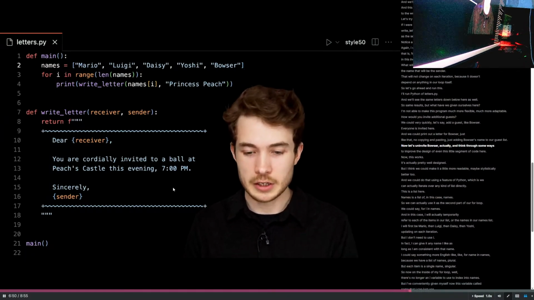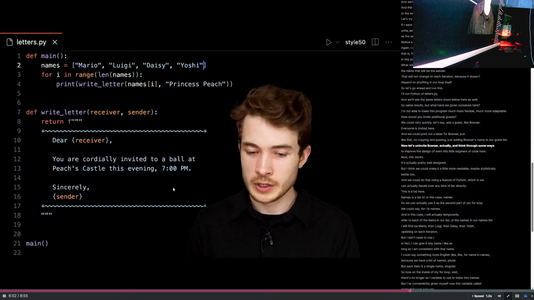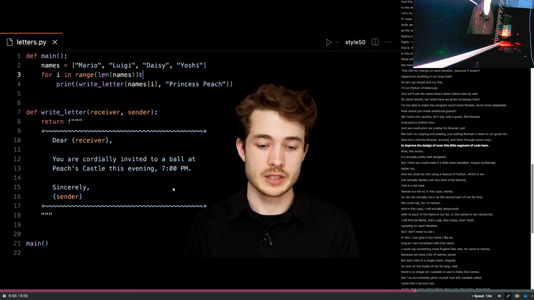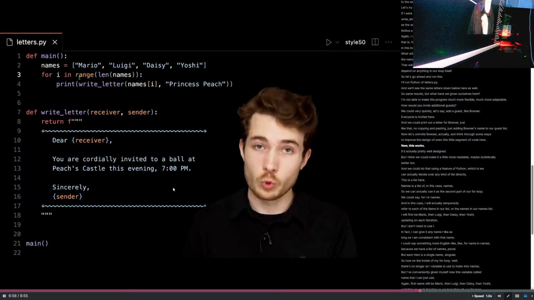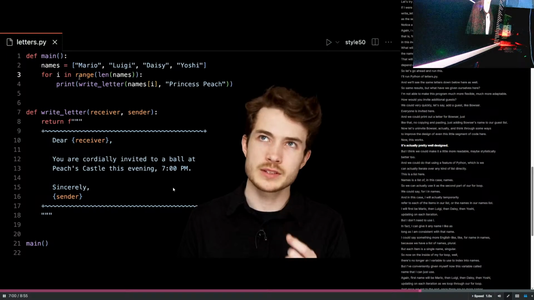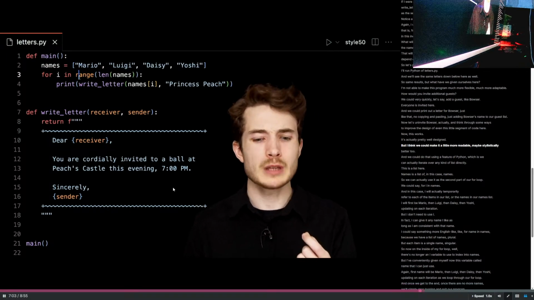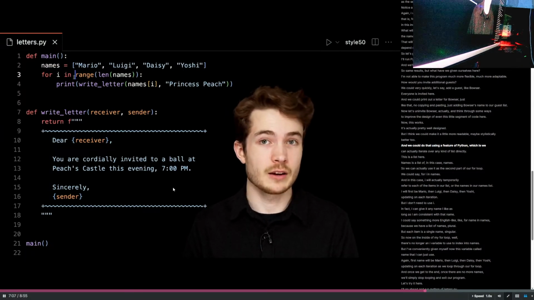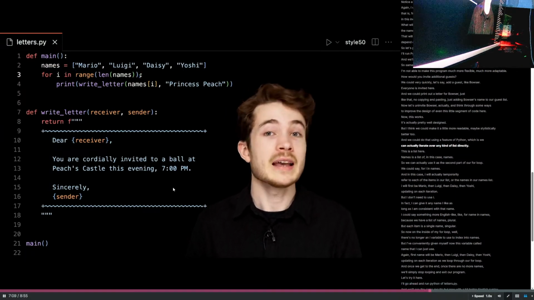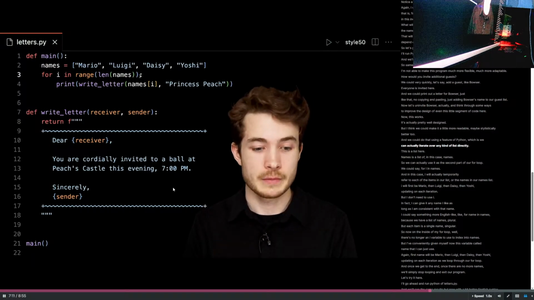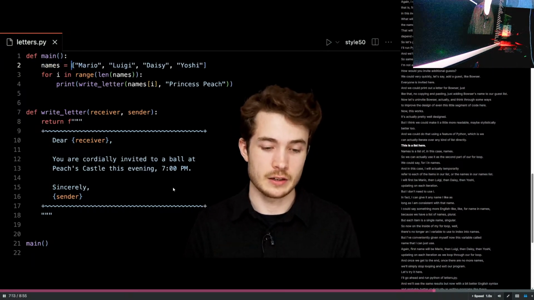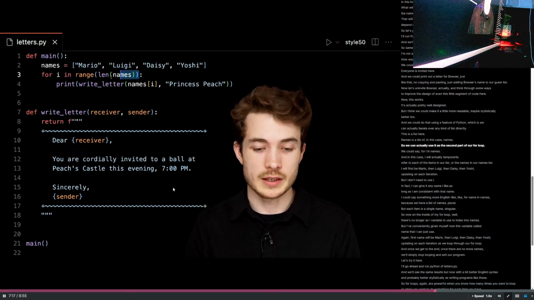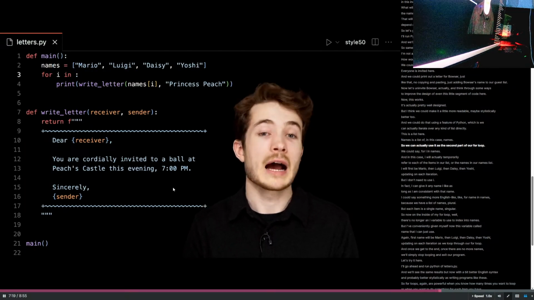Now let's uninvite Bowser, actually, and think through some ways to improve the design of even this little segment of code here. Now this works. It's actually pretty well designed, but I think we could make it a little more readable, maybe stylistically better too. And we could do that using a feature of Python, which is we can actually iterate over any kind of list directly. This is a list here. Names is a list of, in this case, names.